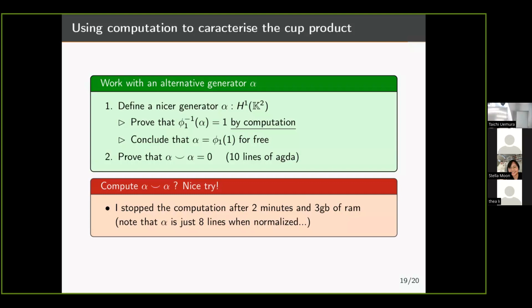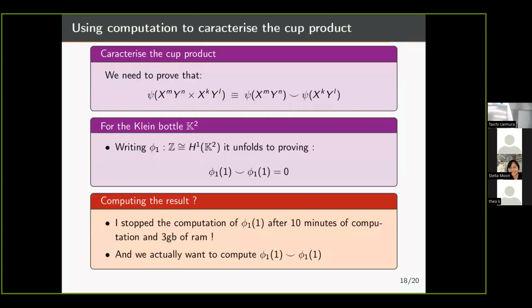But it's true that here you would like to compute that. And here you're in H2, so you would like to bring it back in Z mod 2 and try to compute it. But the thing is that you can't even normalize phi1 of 1. So you have no hope of normalizing it, taking the cup product, then bringing it back to Z mod 2 directly. When you say you can't normalize it,